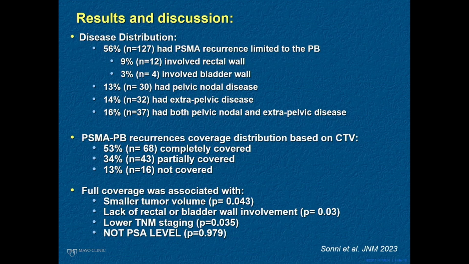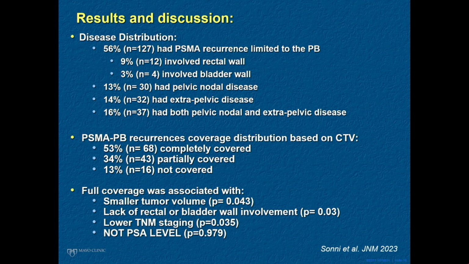You can see here, I won't go into all this data, other than to see that when you looked at the PSMA compared to the salvage RT volumes or dosimetry, you can see that they completely covered it in a little bit over 50% of the time, and about 30% were partially covered, and about 10% were not covered at all. So this explains some of the salvage radiation data, right? Which again, if you look at 10 years, only has durable PSA control of about 60% of patients, because a lot of times in the salvage, they were radiating blindly, and sometimes perhaps missing the disease.